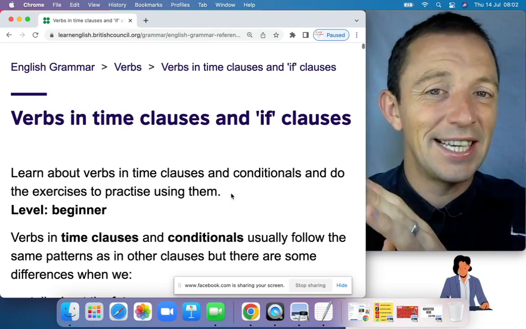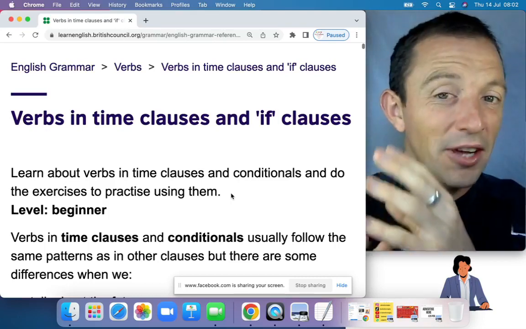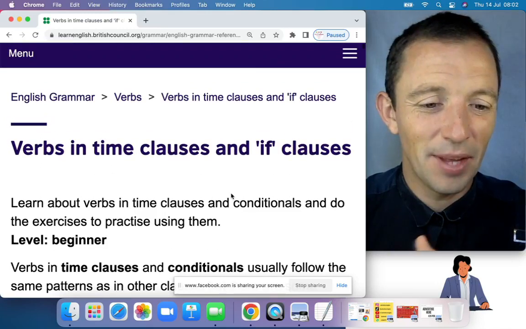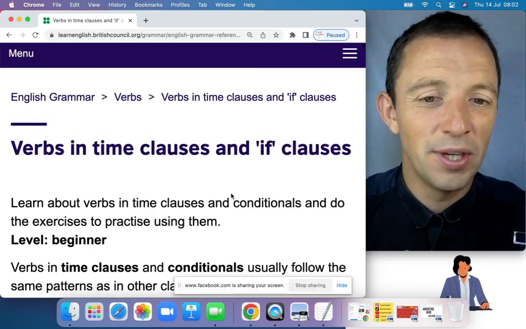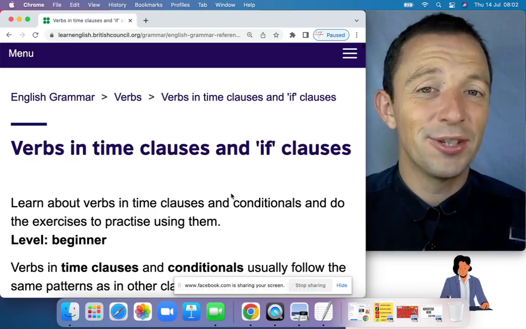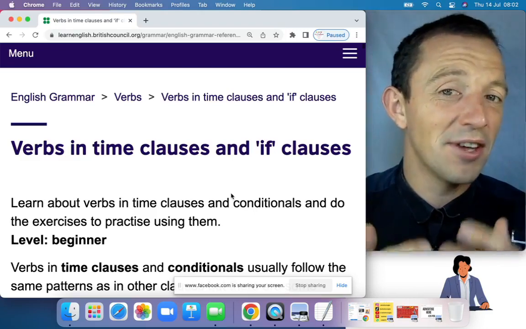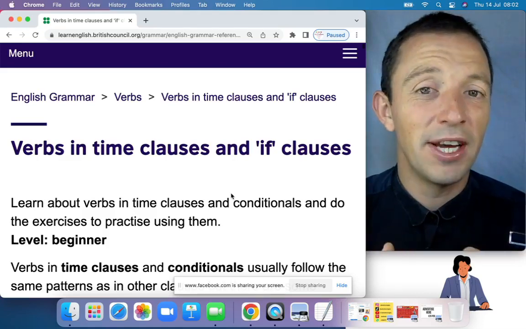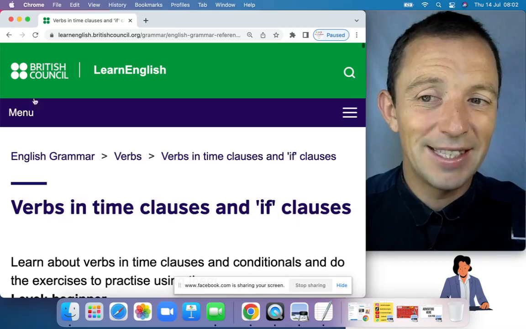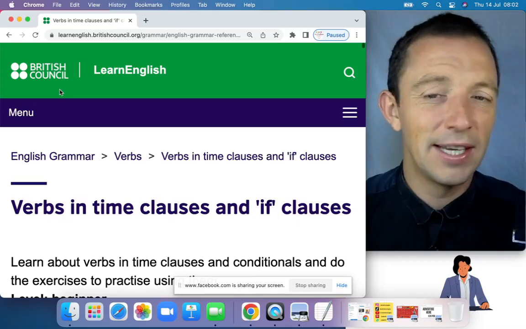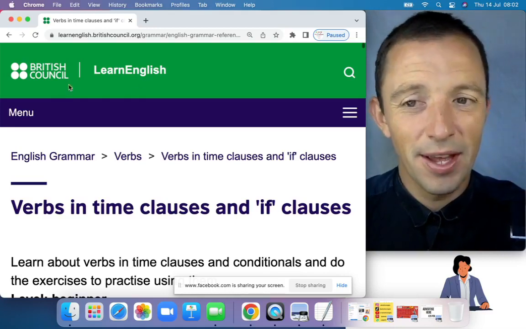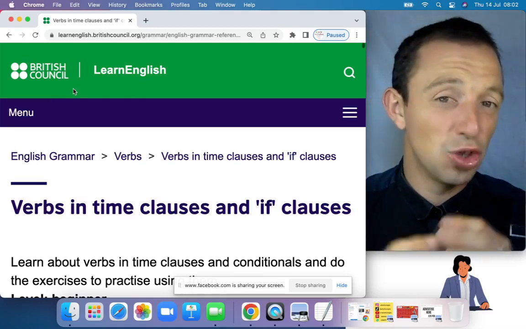And this is exactly the same. We have a lot of theory here, and it's very important to read the grammar first to learn English. Okay, so there are lots of places you can find grammar information. This is one of my favorites. It's the British Council website, and specifically it's the Learn English section of the British Council website, and it's superb,